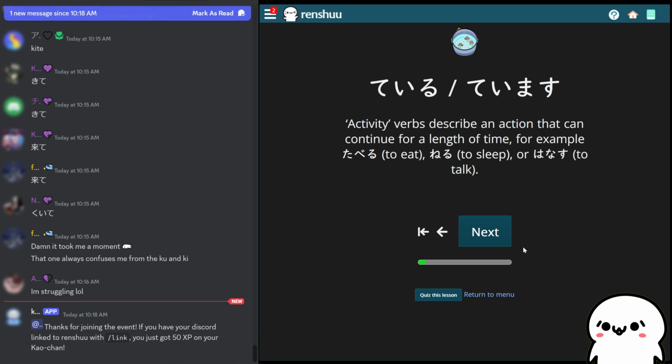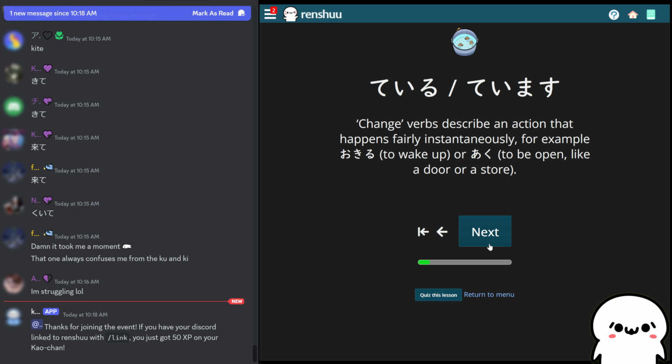Let me mention the other ones, and then we'll talk about how to split them up. Change verbs, these are the ones that people get a bit confused about because they're not quite as clear. A change verb is something that represents a change between two states. When I say state, I refer to a condition. Two that we're going to be mentioning later on,